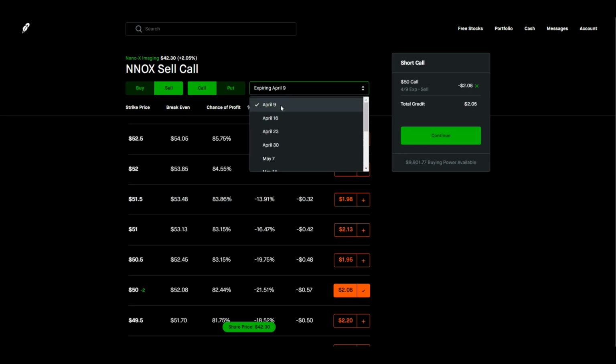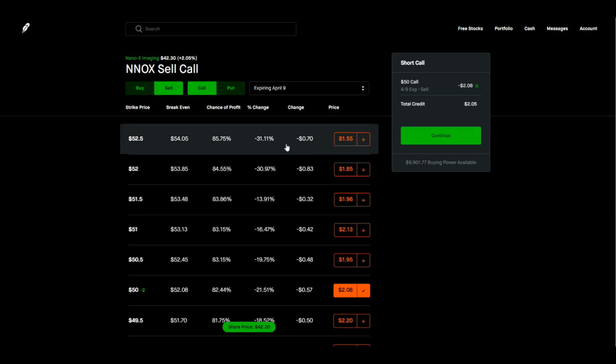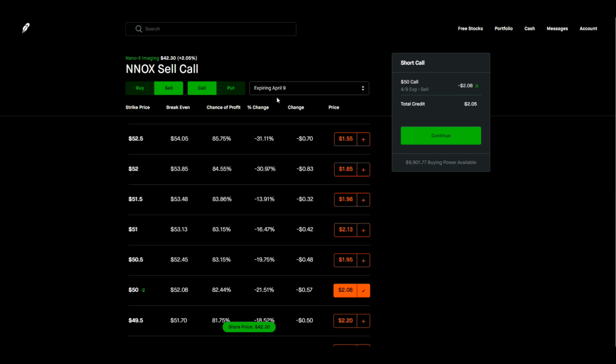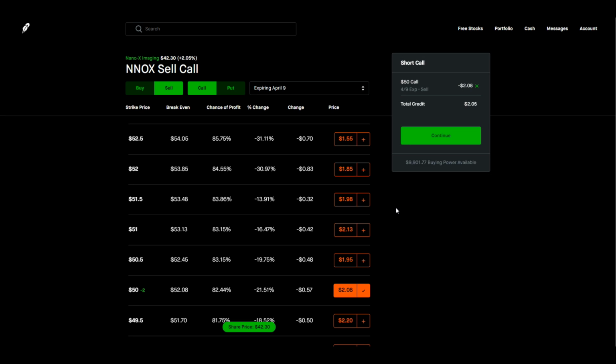I only do weekly options. I only like collecting premium on the weekly options, and I could be doing this for life as long as this stock stays extremely volatile and it keeps going up, right? This is something I could continuously keep collecting premium on, but I do have a target price of selling this